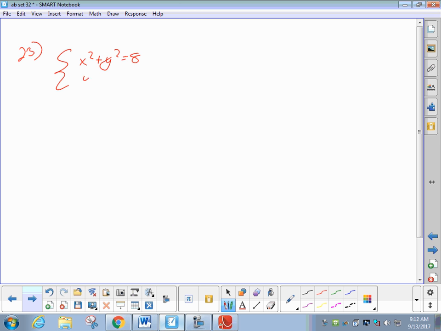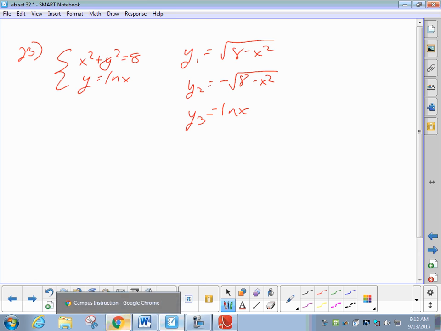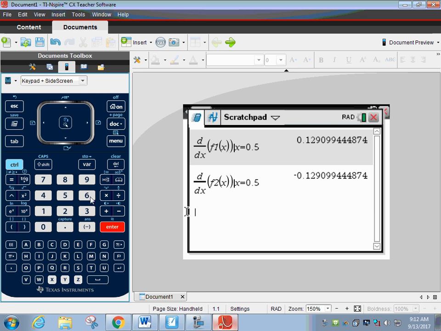I felt like this was so easy that I didn't need to go to conic mode in my calculator. I just did y1 is the square root of 8 minus x squared, y2 is the negative square root of 8 minus x squared, and y3 is log of x. And when I did that, you should get intersection points like a circle and a log, so something like